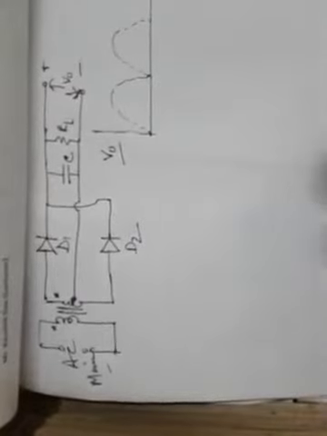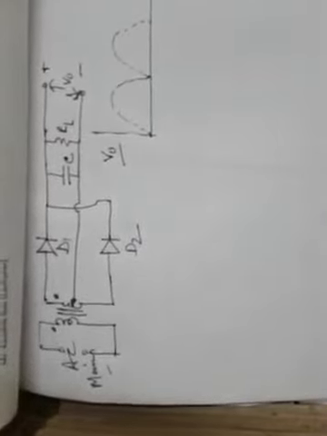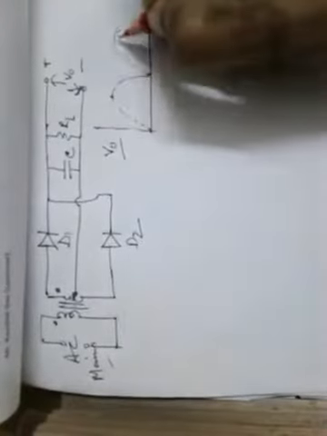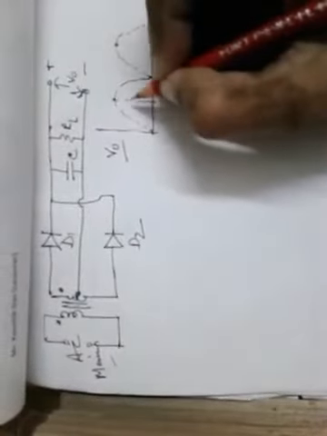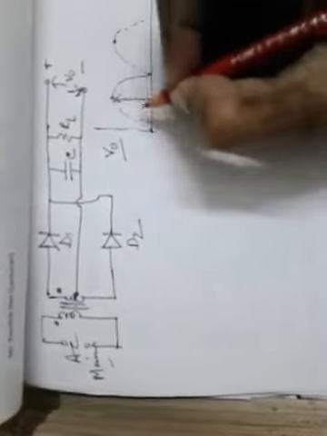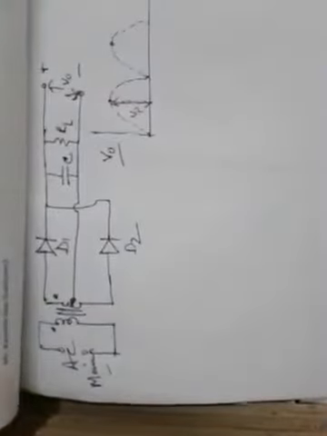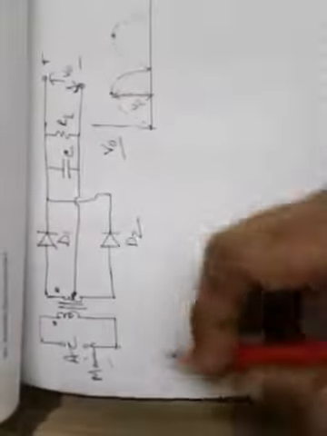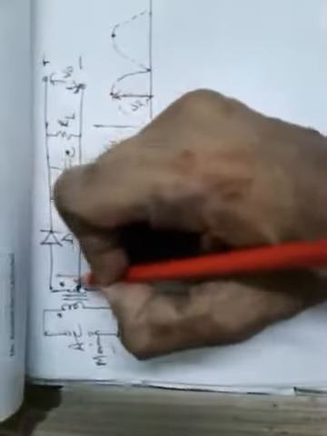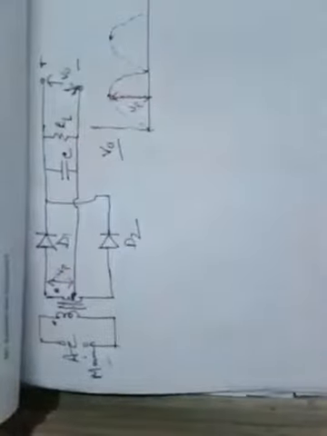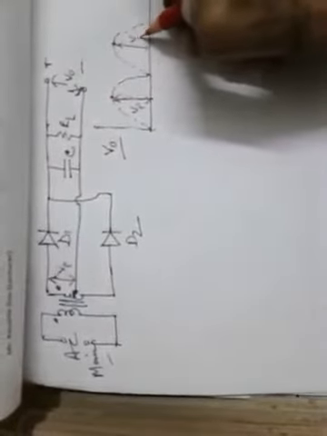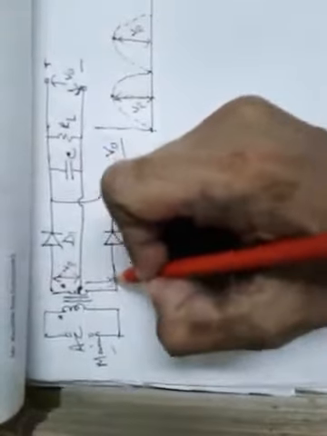Now, the peak value of the half sinusoidal voltage at the output is this. This is the peak value, suppose denoted by Vp, and this Vp will be equal to the voltage induced in the half section of the transformer secondary. That means this Vp should be equal to this voltage Vp for the first half cycle, and this voltage Vp will be equal to this as Vp.